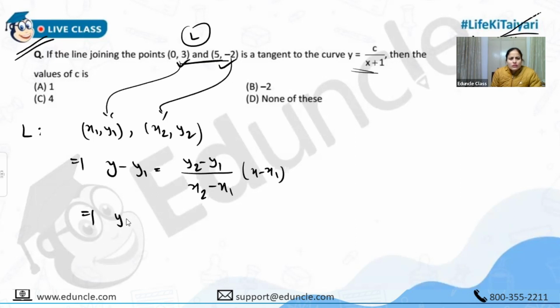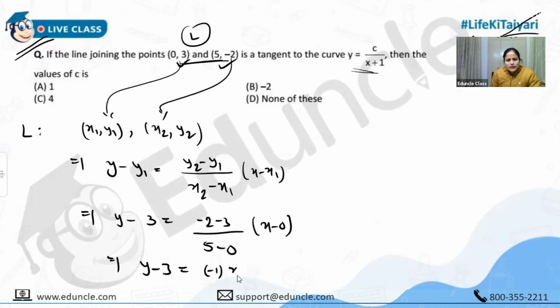So quickly find out y minus y1 that is 3, y2, x2 and x minus 0. So I am having here y minus 3 is equal to minus 1 times x, the thing is x plus y is equal to 3. ठीक है, it is the equation of line and the given thing is ये L मिल गया हमें and this line is what? Tangent to this curve. ठीक है, तो suppose it, consider किया, suppose it this is a tangent at the point,